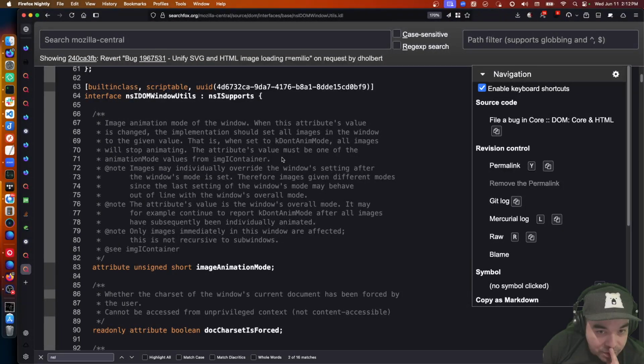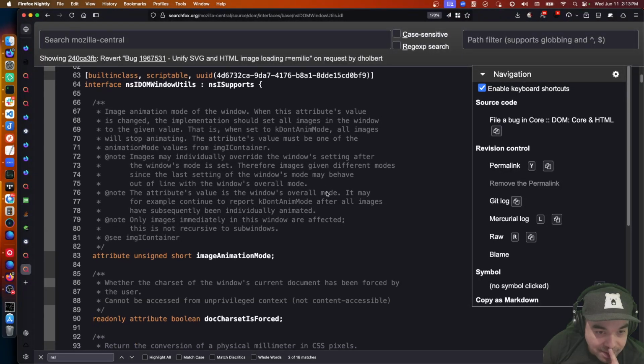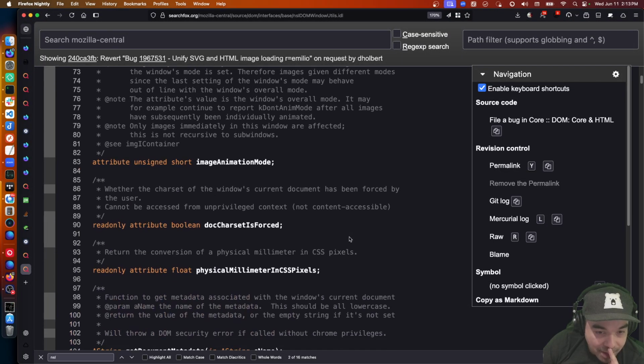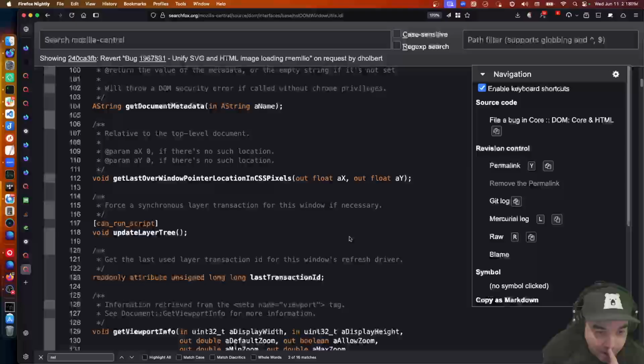Images may individually override the Windows setting after the Windows mode is set. Therefore, images given different modes since the last setting of the Windows mode may behave out of line with the Windows overall mode. The attributes value is the Windows overall mode. It may, for example, continue to report don't anim mode. So that's interesting. We might be able to pause the animation for this particular case.